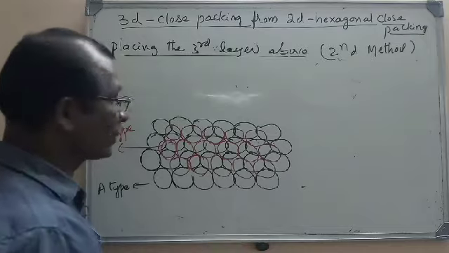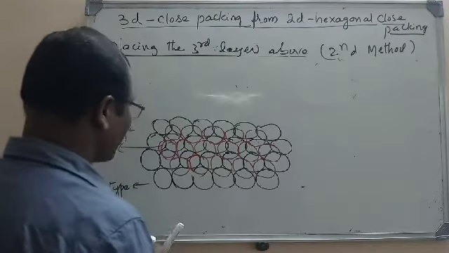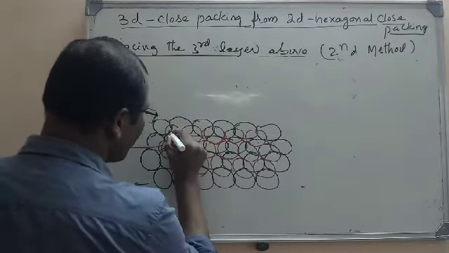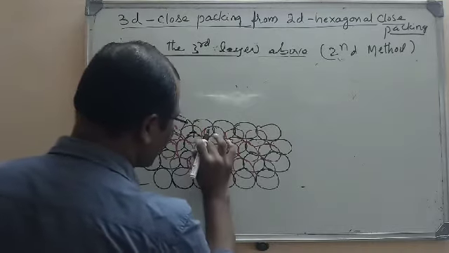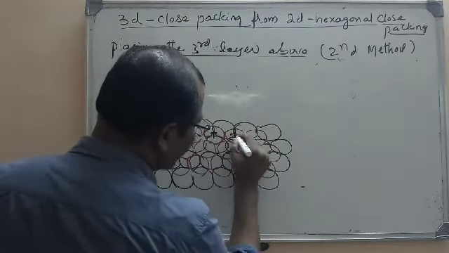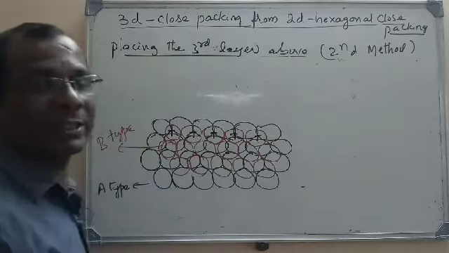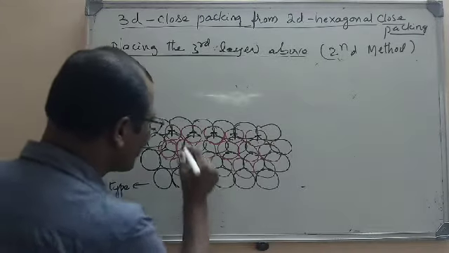Now, you already know that here some tetrahedral voids are formed. Already clearly mentioned to you. This is a tetrahedral void. This is a tetrahedral void. What is a tetrahedral void? The tetrahedral void is nothing but the empty space surrounded by the four nearest neighbors.